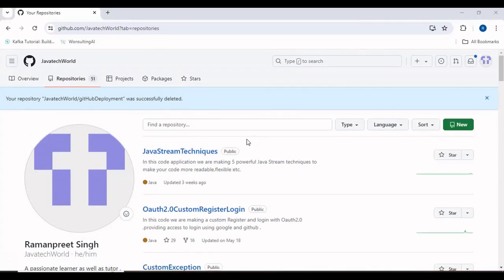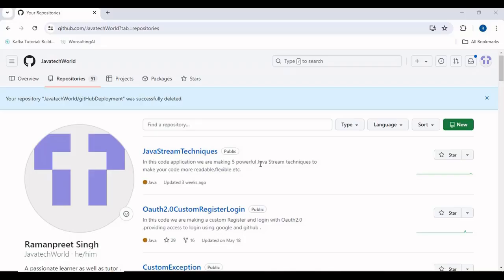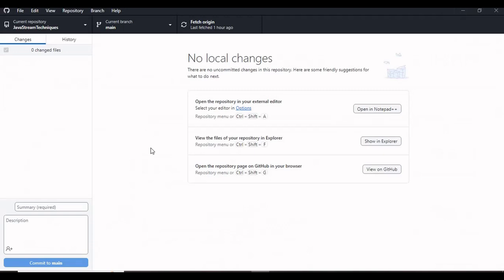Now this third way is to use an application, the GitHub desktop application that is given by GitHub, to push your code to your GitHub repository. You simply have to search for GitHub desktop application and install that application on your system. I have already installed it. When you open the application, it will prompt you to log in through your GitHub credentials. Log in through my credentials. So now a simple way of pushing the code to your repository without going to the GitHub website directly is by using the GitHub desktop.